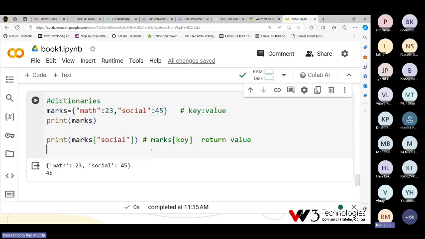It is the dictionary. If you want to print all the keys, it is also possible in Python. If you want to print all the values or all the keys, you can print them by using methods.